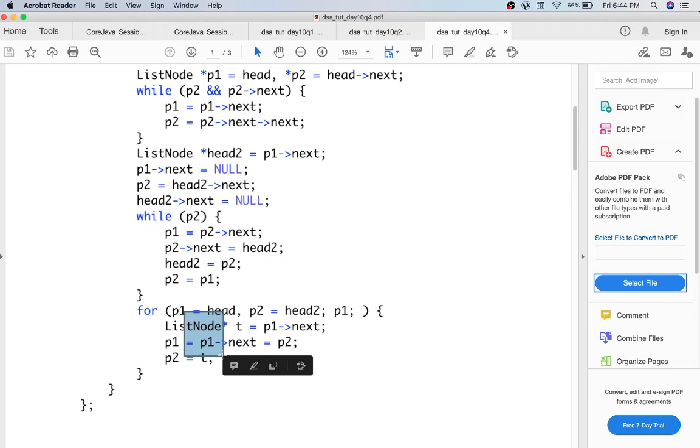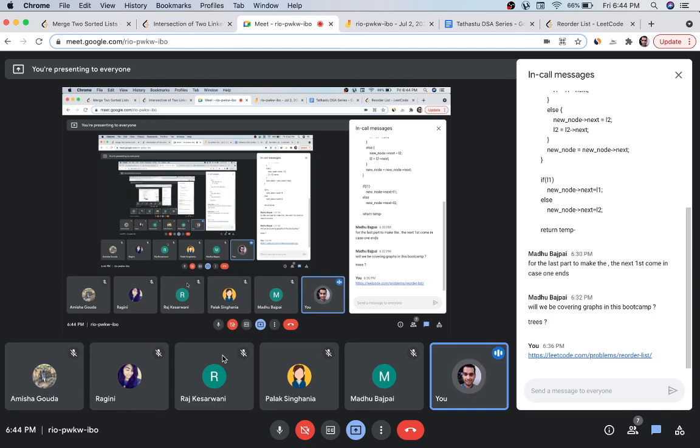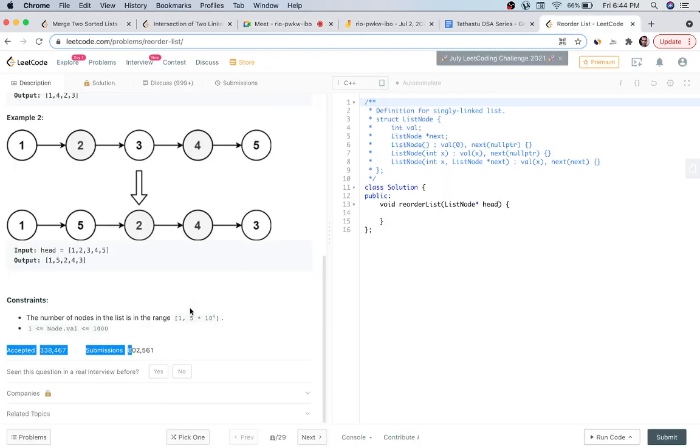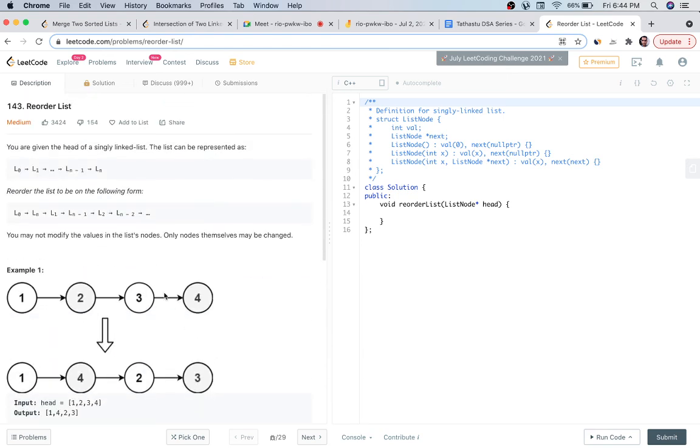I don't want to give away the code. I want you to try on your own, because unless you try the question, you are not able to understand. This is a question which is very easy, but it will take you some time to reach the solution with all the use cases. So this is something you have to learn. So please try this question. We will discuss this again if you have any doubts.